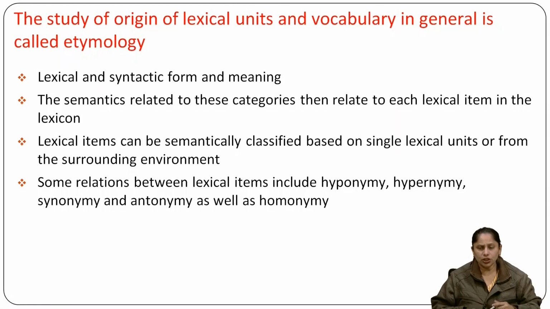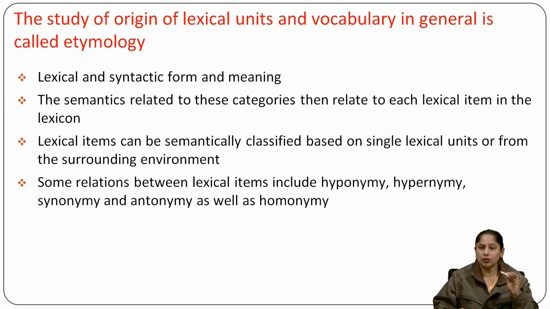You will be in a condition to understand the surrounding environment in a very easy way, because it is mentioned over here in the books also. Some relations between lexical items include hyponymy, synonymy and antonymy, as well as homonymy. So what are these nymies that we have to understand very well, that we have written over here also, and you can write in your answers as well, that these are the important lexical categories which are mentioned over here: